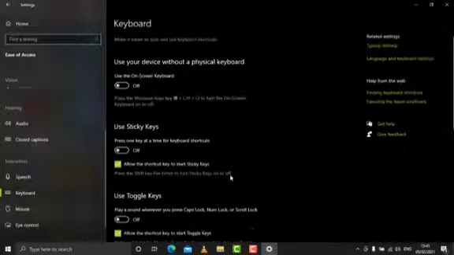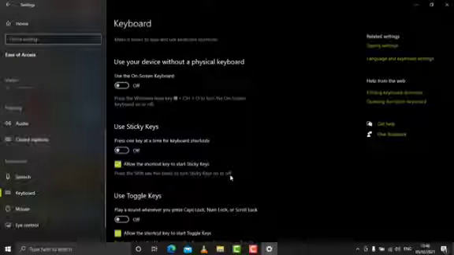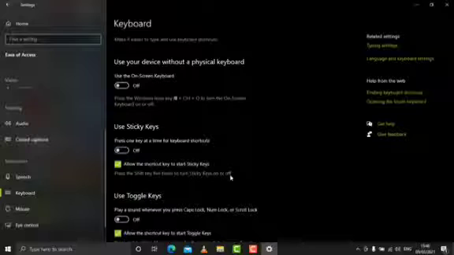If we talk about sticky keys, it is used for those persons who cannot press two keys at a single time. This sticky key will help the person press both keys at a single time. What it does is, as we switch sticky keys on, if a person presses the Control key, Alt key or any other key, that key remains on until the person presses the second key.